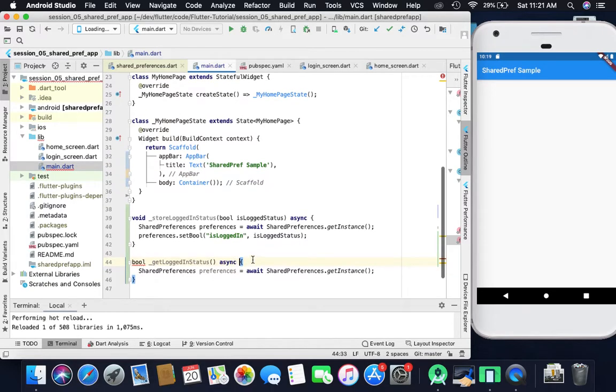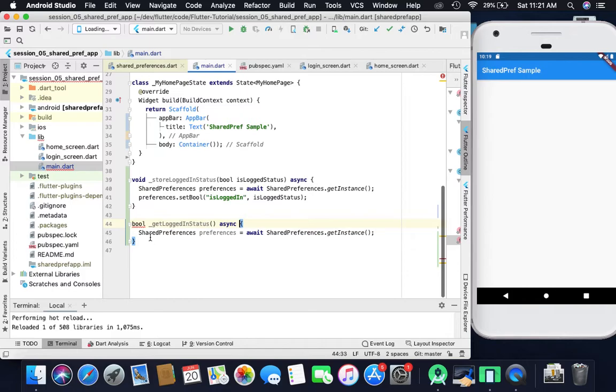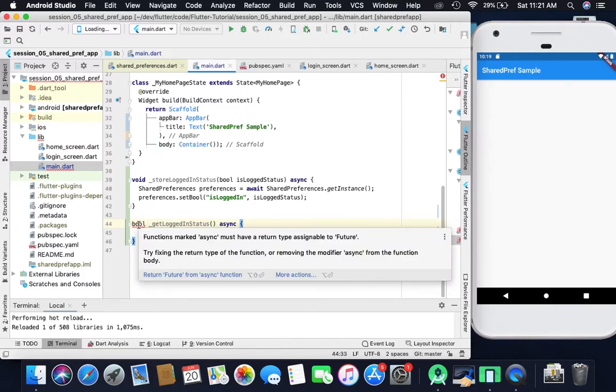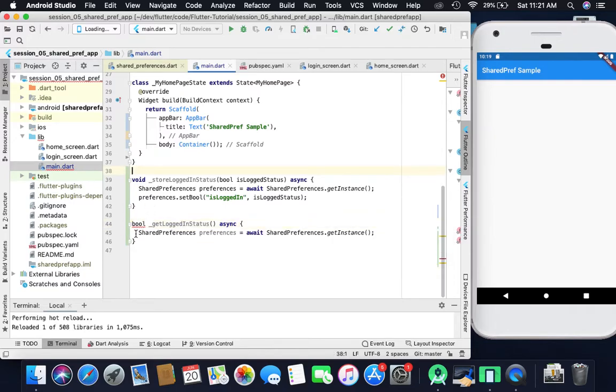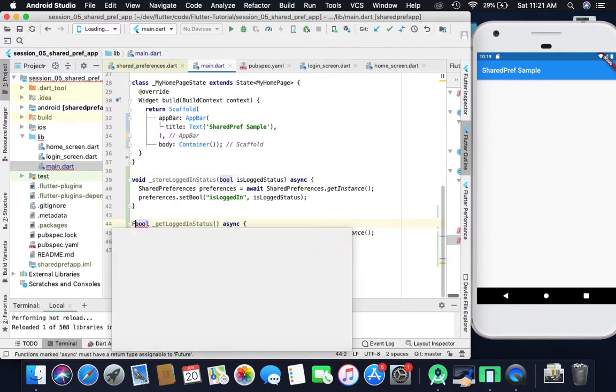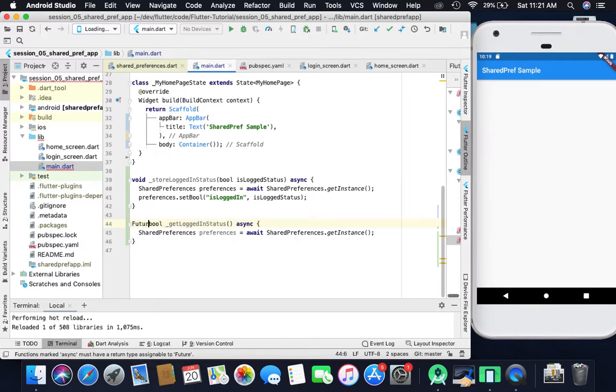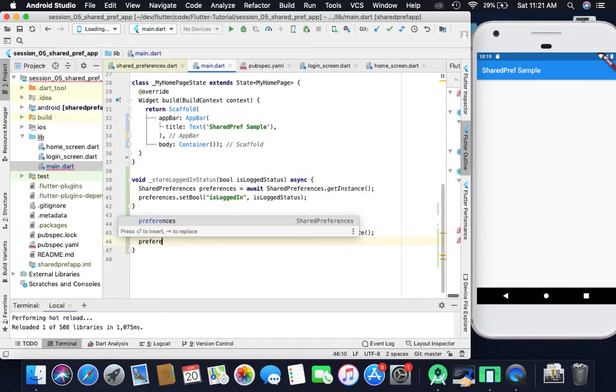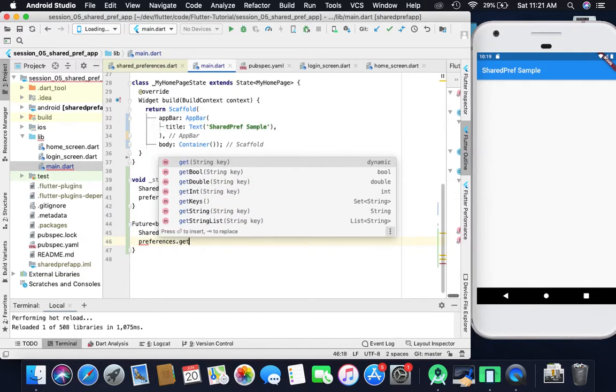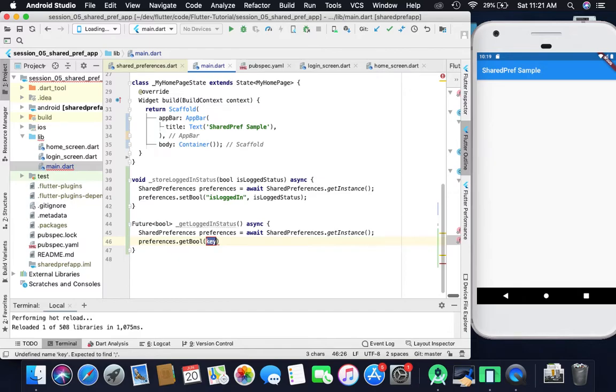That will give us another error: async must have the return type called Future. So we have to give Future here, because it is returning a future value. Now the error is gone. Here we have to take that value, preferences.getBool, and pass the same key.